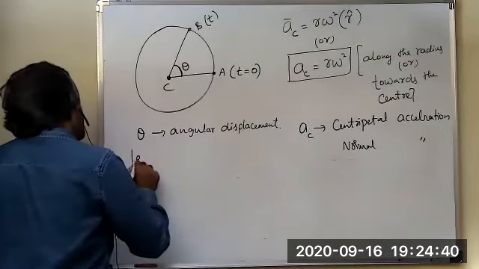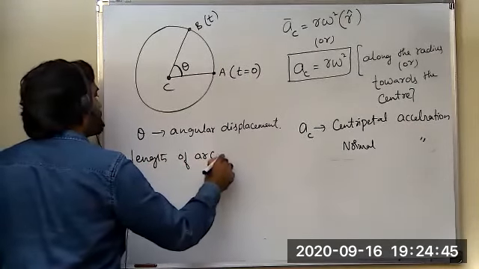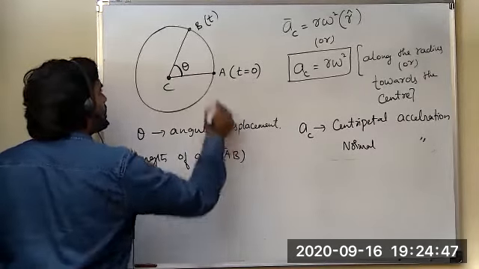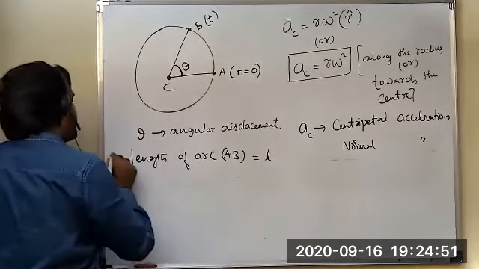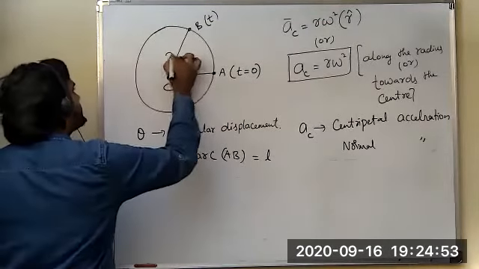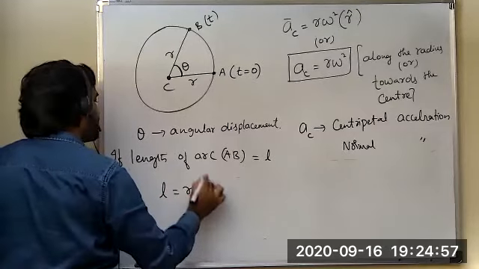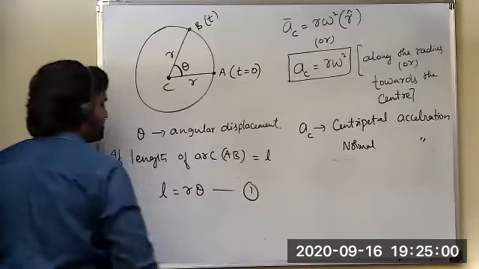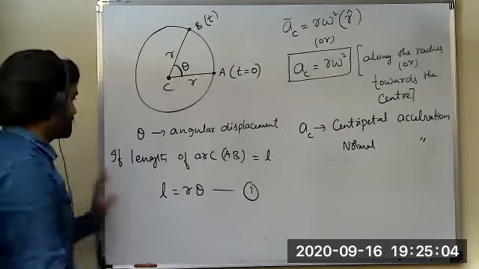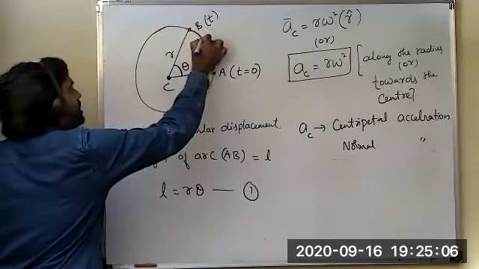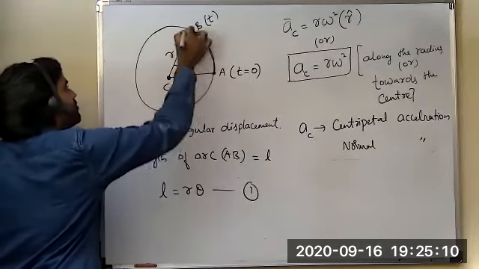Now, here the length of arc AB, from A to B, if you take it as L, and R is the radius, students, then from the knowledge of mathematics we can write L as R theta. How do you write, students? L can be written as R theta. This is the length of the arc. This you will learn in your mathematics. If the arc subtends an angle theta at its center, then what could be its length?